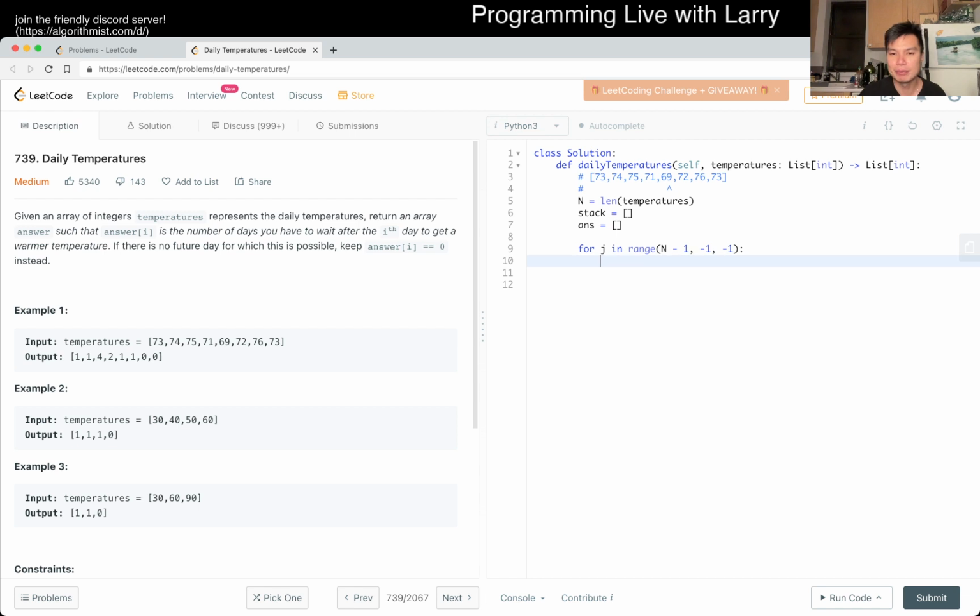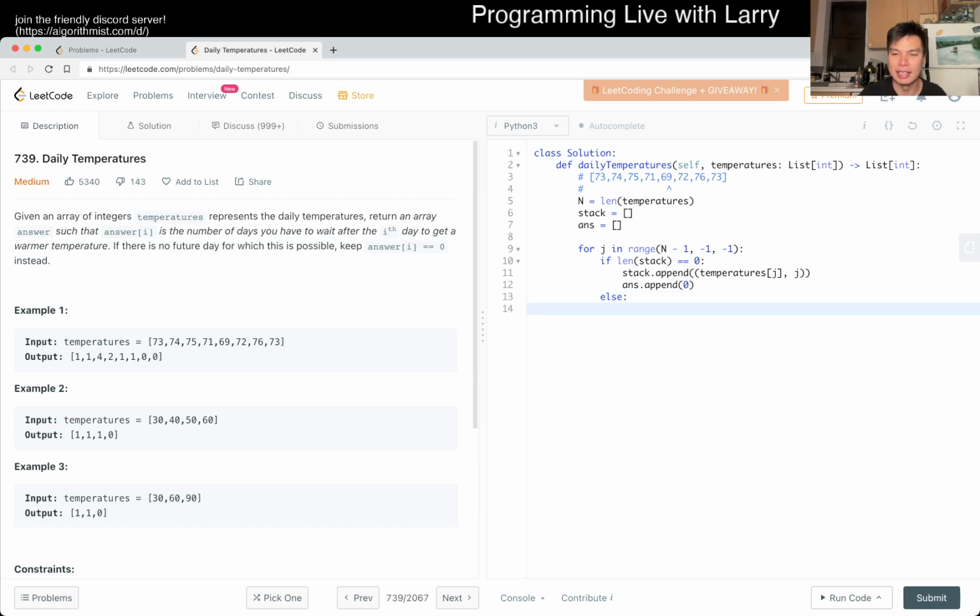So if length of stack is equal to 0, I like doing it this way. Maybe you can think about another way of writing this, but I would append temperatures sub j and also the index, which is j, right? And then for here we append 0 because there's no answer. Otherwise